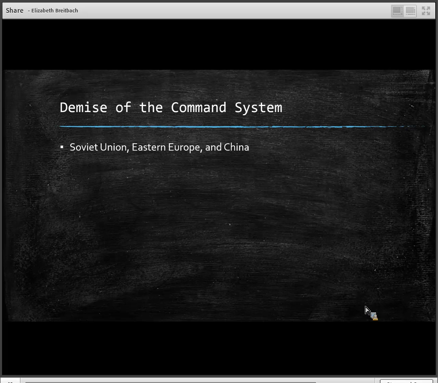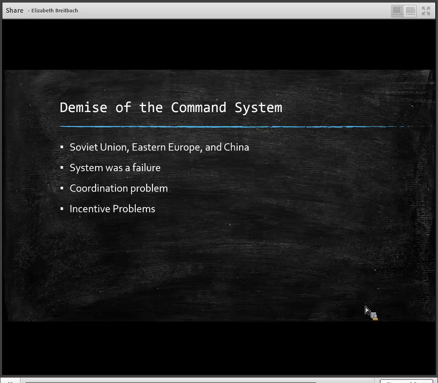This is because the system was a failure. There was that coordination problem. The central planners didn't know what the individuals wanted. There wasn't that feedback mechanism where we stop voting with our dollars for goods and services we don't want anymore. There are also incentive problems. When households don't own the factors of production, there's less incentive to strive to specialize and do your job well. And so the incentive problem also caused that failure within the command system. All right, so hopefully that